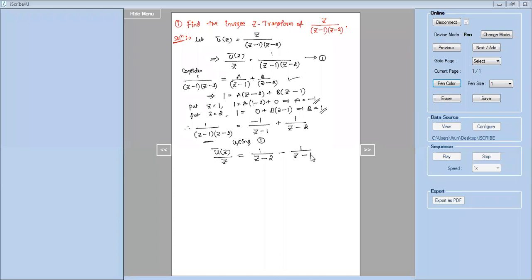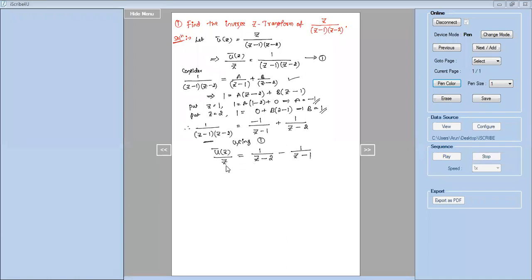So this completes the second step of a working procedure. Right? The first step is make sure that here you have a product and take one z term of the numerator of right hand side to the left hand side. Second step, take this right hand side, resolve it into partial fractions, and then write U bar of z by z is equal to that.